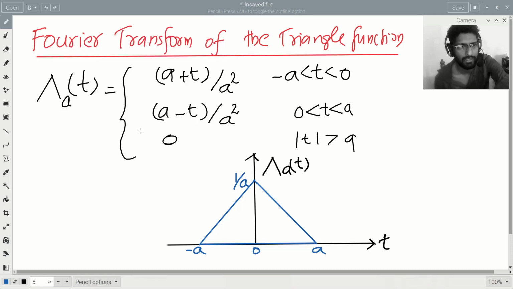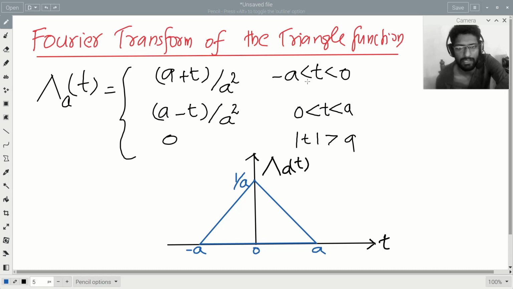Hello, welcome back. Now we have another function that we need to find the Fourier transform of. The new function that we have is the triangle function. The triangle function, as the name says, is defined as, so we usually use this symbol, an inverted V. Okay, it looks like an inverted V, and triangle A of t is defined as its value is equal to